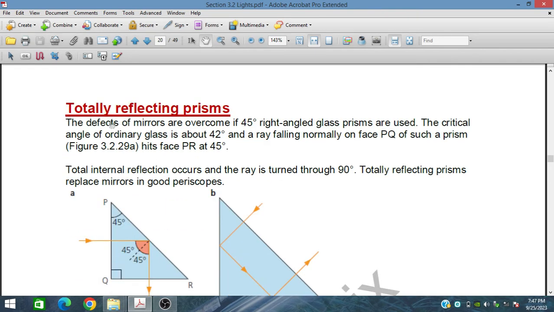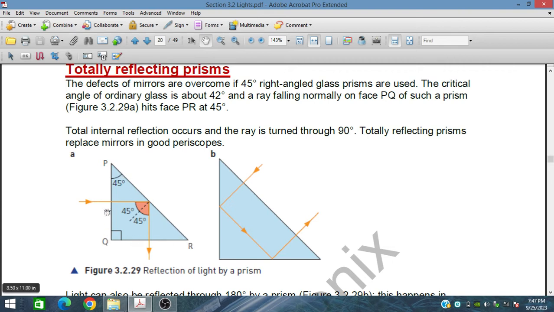So with a totally reflecting prism, the defects of mirrors are overcome if 45-degree right-angle glass prisms are used. If we use this 45-degree glass prism, this is 45 degree, this is 45 degree, and this is 90 degree. If we use this kind of glass prism, the critical angle of ordinary glass is about 42 degree, and a ray falls normally on a face PQ. This PQ